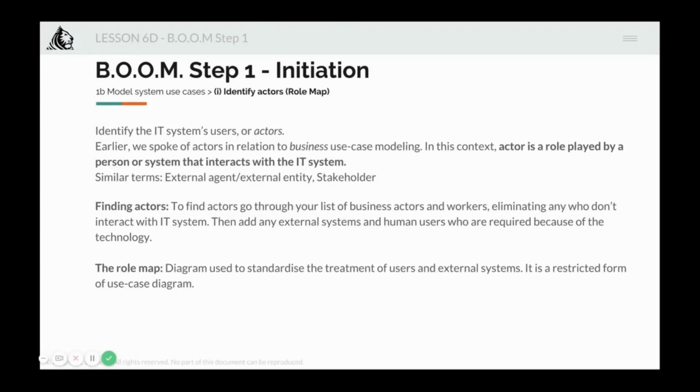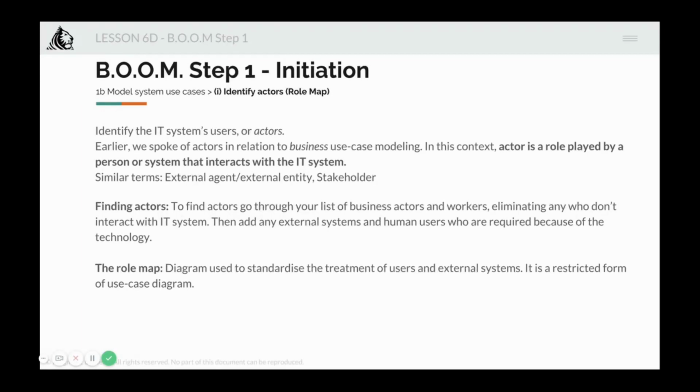What are the similar terms used instead of actor? You can also use stakeholder, you can also use external agent, external entity, you can use anything. So how do you find the actors before you create a role map? You need to find the actors, right? Who are the people who are interacting with my product? So to find actors, go through a list of business actors and workers, eliminating any who don't interact with the IT system, the IT system that you're designing right now, or the product that you're designing right now. Then add any external systems and human users who are required because of the technology,